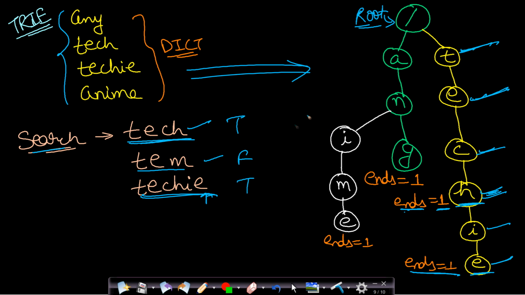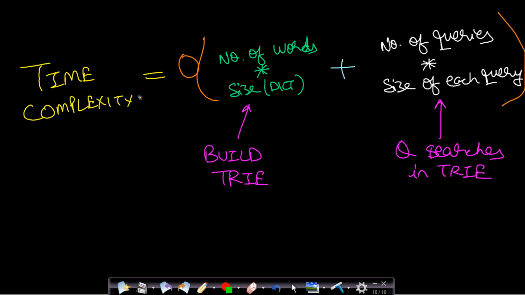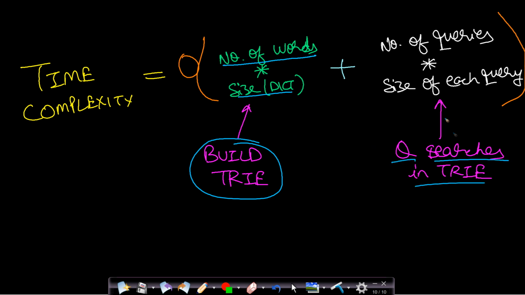This is a very simple approach using a trie, and this is the most efficient of all these three techniques which we have discussed. Now the time complexity will be, first you need to build your trie. For building the trie, you will have to parse through all the words in the dictionary and then insert them into your trie. After building your trie, you will be serving q number of search queries in your trie.